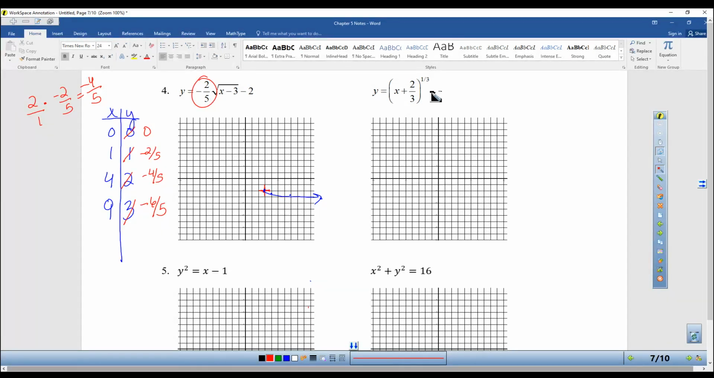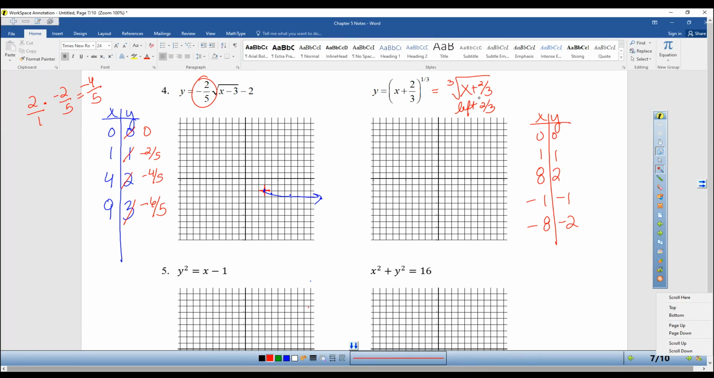This next one, remember from our lesson the other day, means the same as cube root. So this is the cube root, and it has been moved to the left 2/3. So I'm going to make my cube root points. 0, 0, 1, 1, 8, 2, negative 1, negative 1, negative 8, negative 2. I'm definitely glad I did not plug in the 2/3 first as I plotted my points, because now all I have to do is just start to the left 2/3 right there,